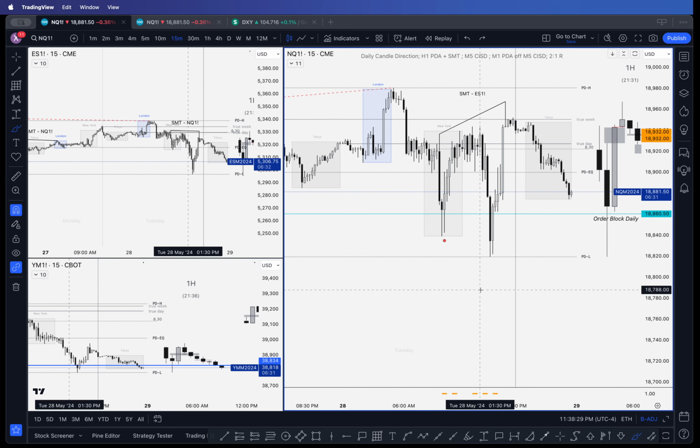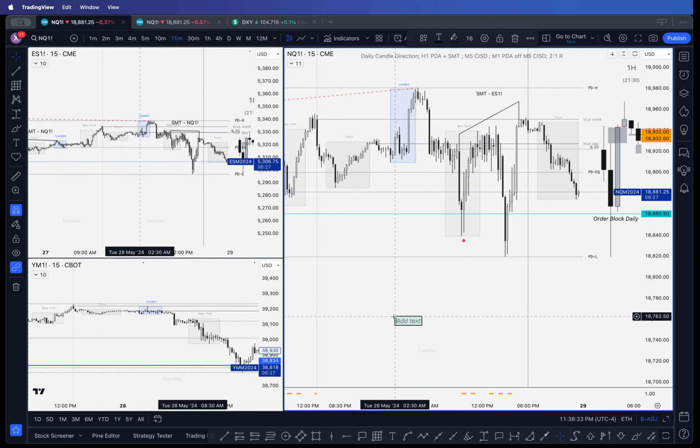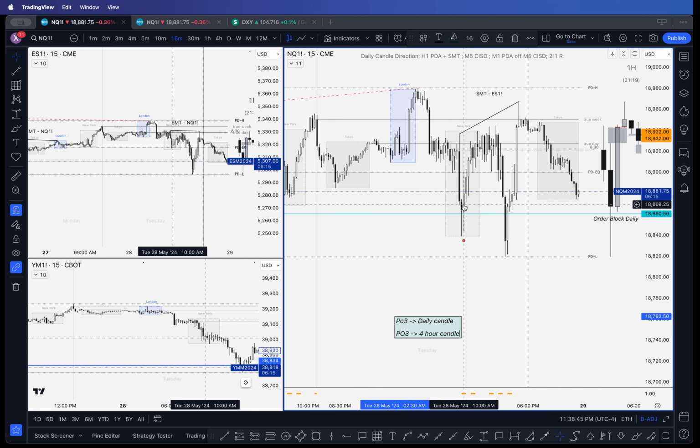There's definitely a lot to talk about there, and it really comes down to understanding two concepts in more detail, which is going to be power of three, really talking about the daily candle and also the 4-hour candle, because generally you're positioning yourself around the 4-hour candle opens. 9 a.m. is close enough to a 4-hour power of three. You can also look at it as an hourly power of three. And if there's 8:30 news, you're definitely going to want to look at it as a 4-hour or 1-hour candle power of three. And in addition, right, to what ICT calls